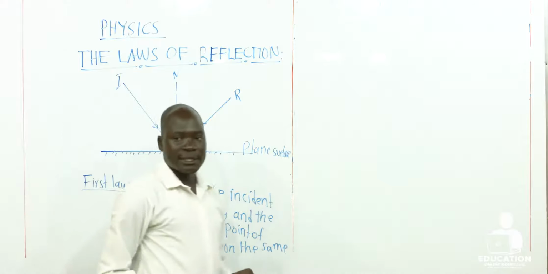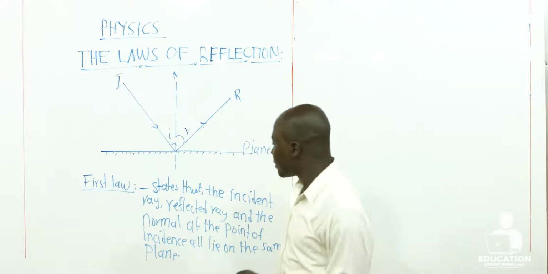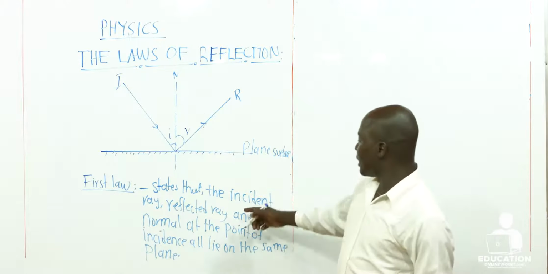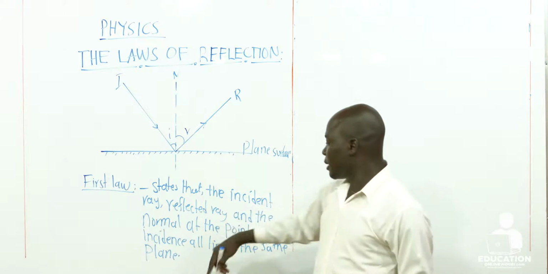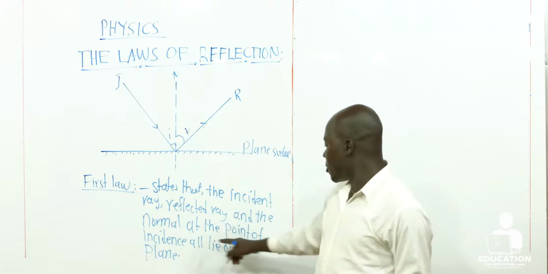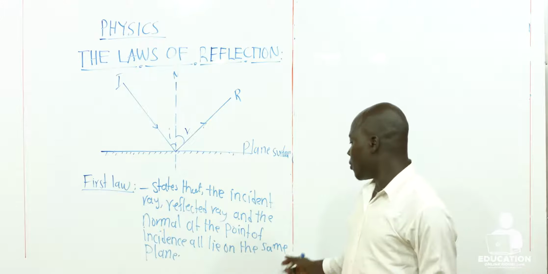Dear learners, this is the first law of reflection. The first law states that the incident ray, reflected ray, and the normal at the point of incidence all lie